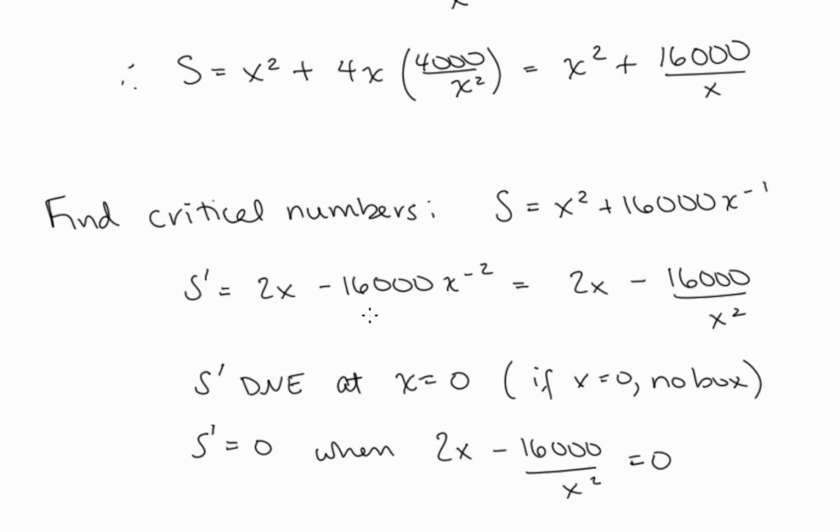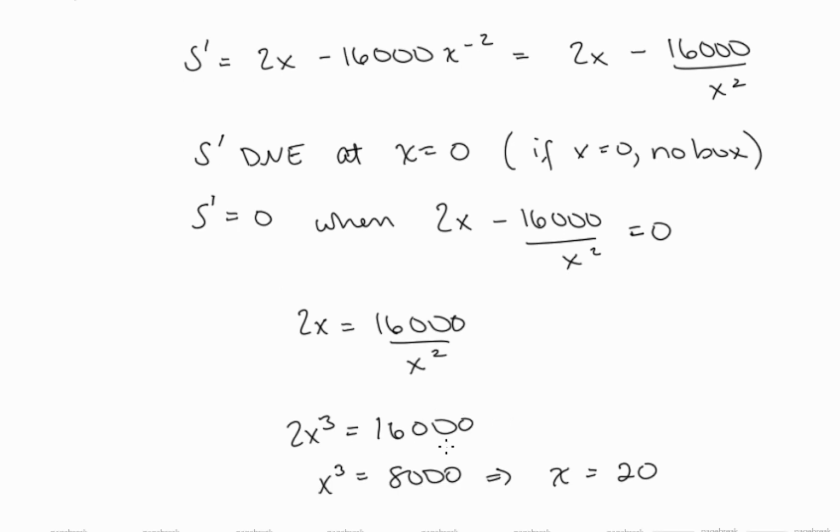Setting our derivative S prime equal to 0, we get 2x to the third is equal to 16,000, x to the third is equal to 8,000, and x is equal to 20. Now, this is probably our solution, but we need to check that there's going to be a minimum for surface area there. So instead of setting up a number line and finding intervals of increase and decrease, which can be